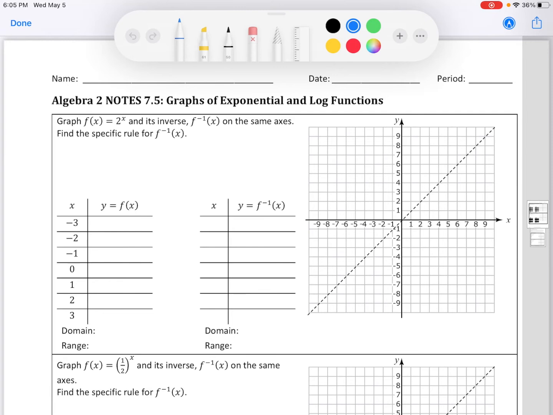So just to notice, I'm going to do some calculations, and remember that a negative exponent simply represents a reciprocal, so 2 to the third is 8, and the negative exponent simply means it's 1/8, not 8. And by the same token, the negative 2 exponent would be 1/4, 1/2, 0. Remember, that's a big deal. If you take any non-zero number and raise it to the power of 0,